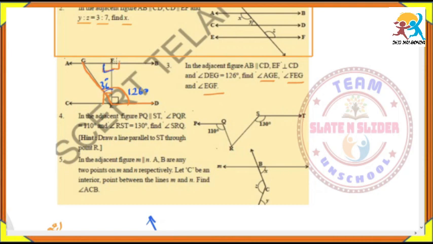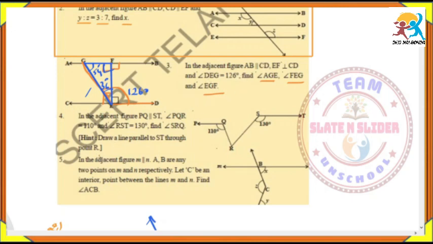Triangle GFE is a right triangle. Just observe one thing. In the right triangle, the sum of the three angles is 180 degrees. So 36 plus 90 is 126. That means the remaining angle will be 54 degrees. So like this you have to find the remaining angles. And we will discuss the fourth one.